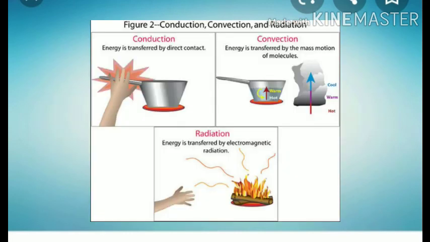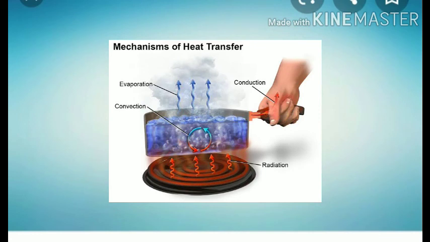It does not require any medium for the transfer. This can take place whether a medium is present or not. This is the process by which the heat from the sun reaches us. All hot objects radiate heat. A hot utensil kept away from the flame cools down as it transfers heat to the surroundings by radiation. Our body too gives heat to the surroundings and receives heat from it by radiation.